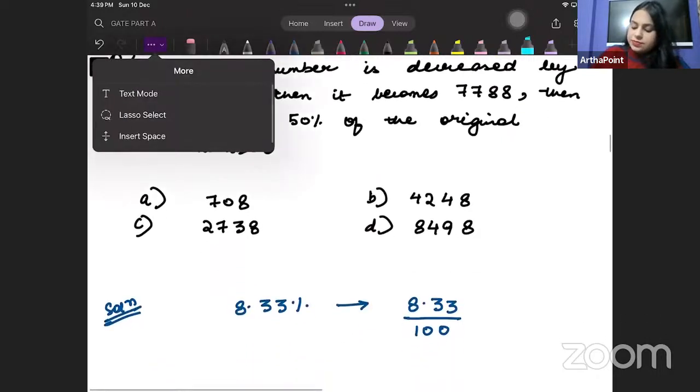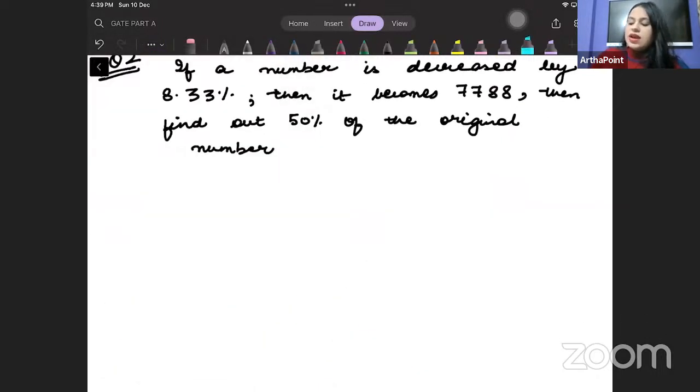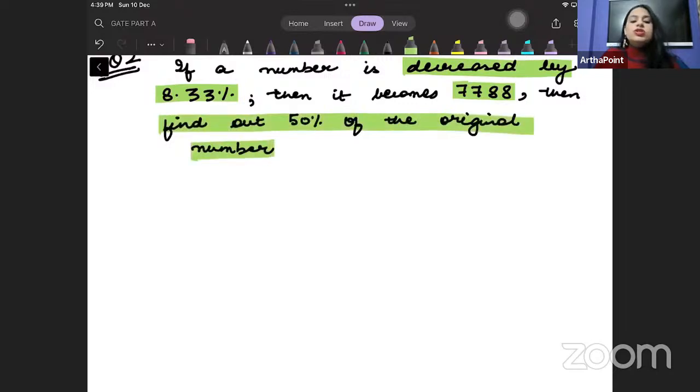If a number is decreased by 8.33%, it becomes 7788. Find out 50% of the original number. So beta, what we can do? Let the original